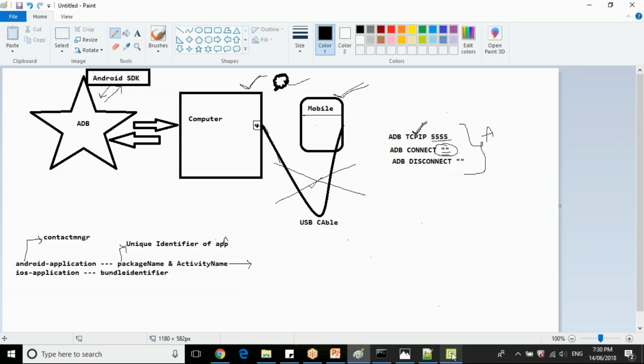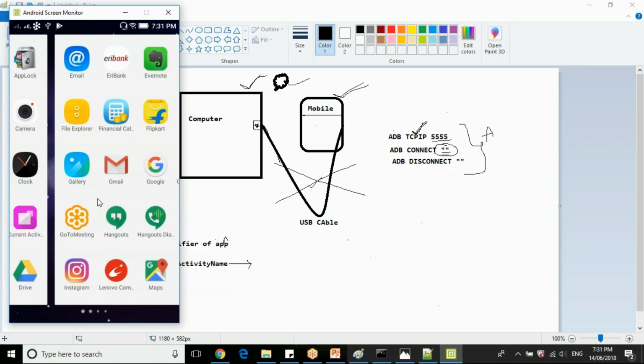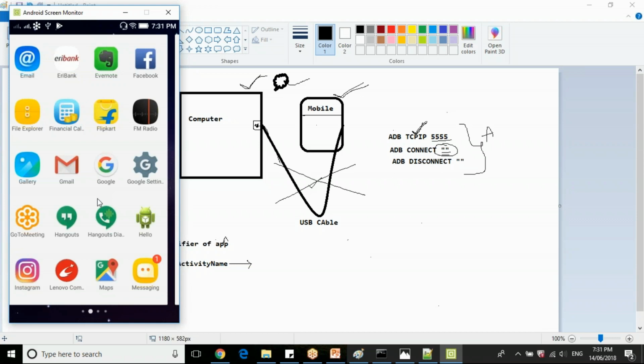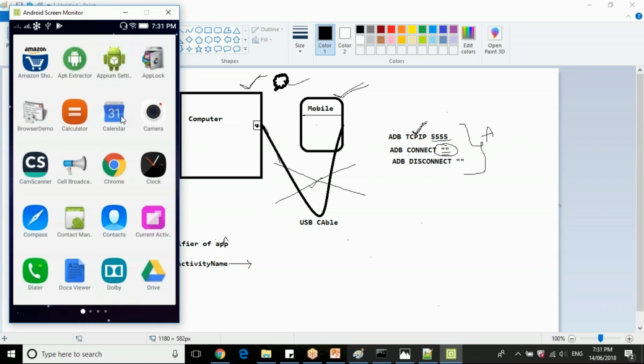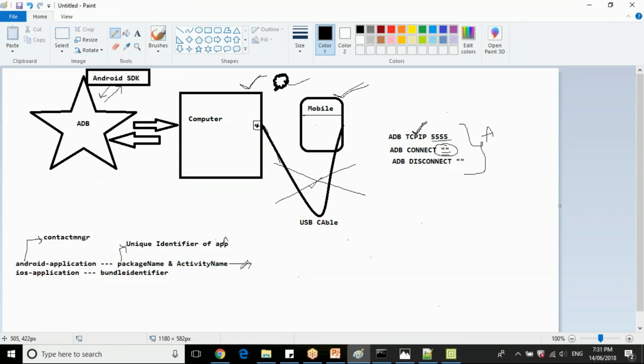So in mobile, just as a thumb rule, guys, this is called a page, right? Home page 1, home page 2, home page 3, home page 4, like this, every home page is an activity in your application. Let's say if I'm minimizing this one, this is my home screen, which is also called the home activity. So every page is an activity.